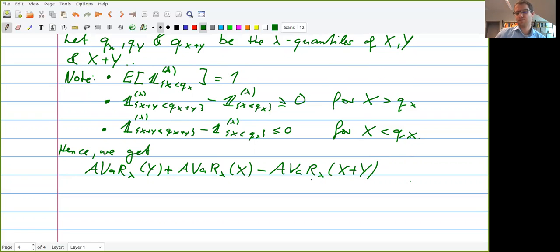This is what the sub-additivity is. So we want to check that, and for this we want to use our representation, of course, we just introduced. So this is nothing else than,